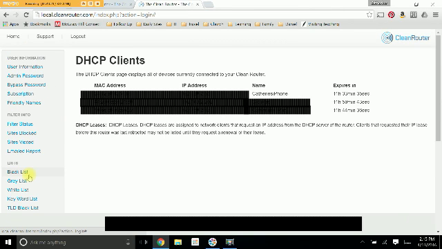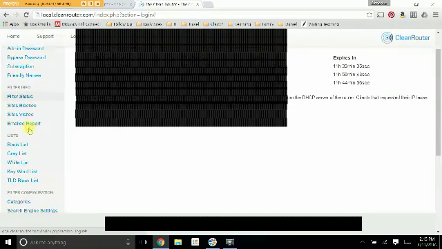And don't worry about what that means. Just click on that and you'll see all the different devices that are currently attached to your Clean Router. And so you would just go out and find, for example, I have Catherine's iPhone right here. I'm blanking out my MAC address. You can't see it, but you would just highlight and you can right click on that and copy that MAC address. And then when you come back up to your